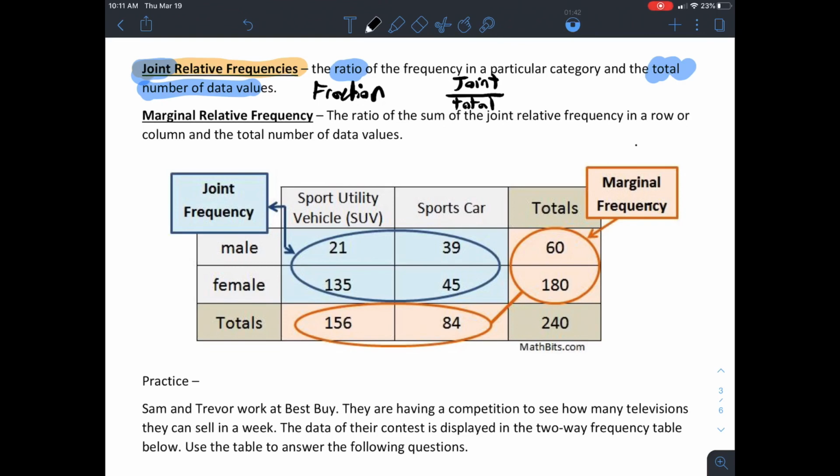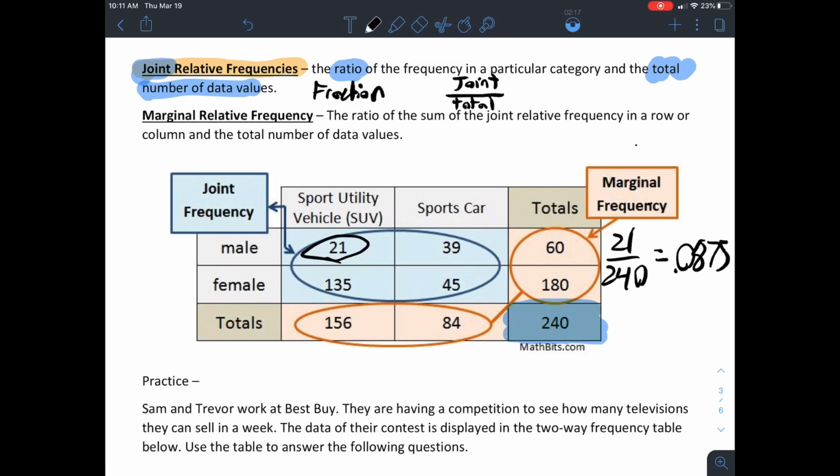All right, so where can we find the total number of data values on our table? Yes, we find the total number of data values in the bottom right corner. So we know that all of our joint relative frequencies, every single one of them, will be over 240 for this table. So I'm going to show you an example. I'm going to take our joint frequency of 21 and put it over 240. So 21 over 240. That right there is an example of a joint relative frequency. So if we do 21 divided by 240, we get